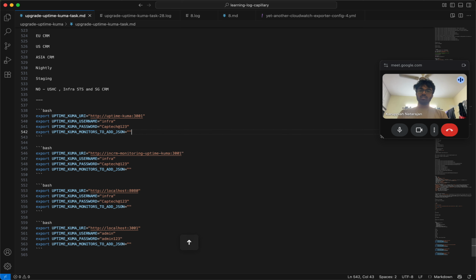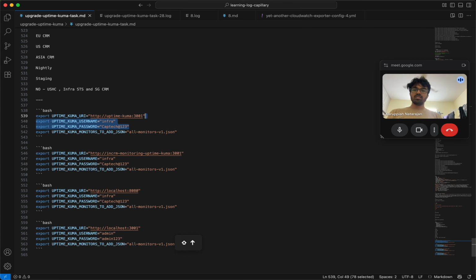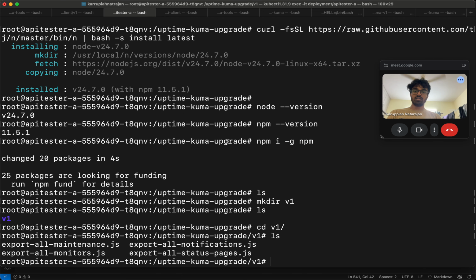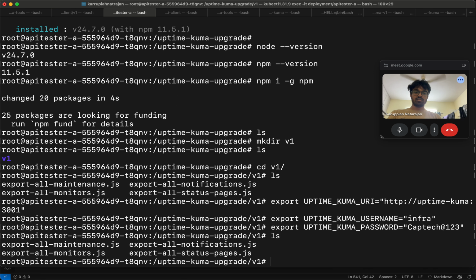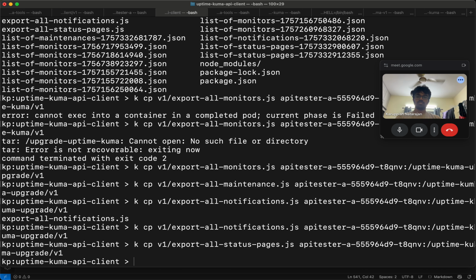I think for now I'll just say all monitors v1.json, right? So for now I'll just copy this because I don't need the other one. I'll just say this, and I also need the